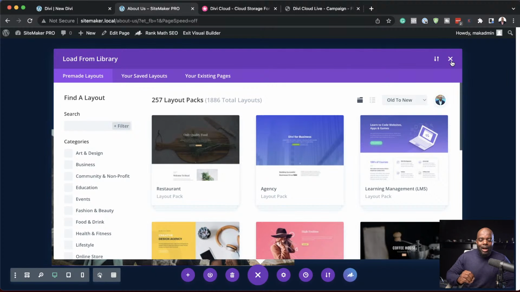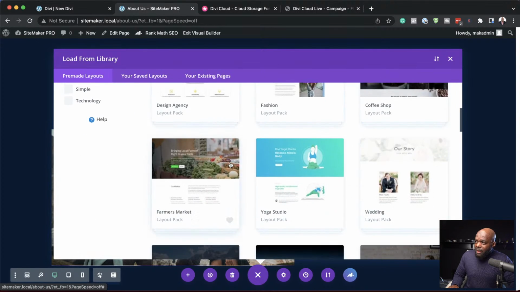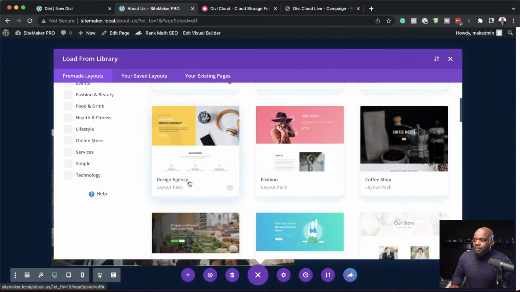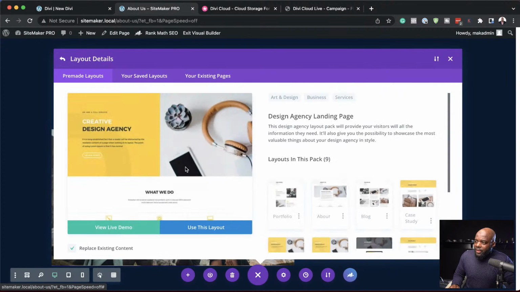So here's the thing now. I'm going to give you a rundown of where things are. So the first thing you need to do is, let's say, for these existing layout packs, you want to save something, right? You notice that when I hover over here, you get this heart, right? So let's say I really like this. I can just click on that, and now I've just added my heart. So that means that is a favored item. So when I click on this now,